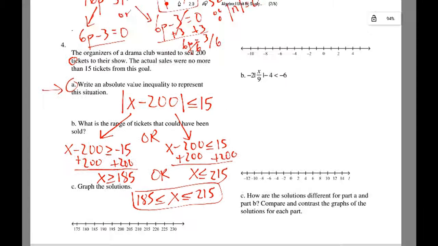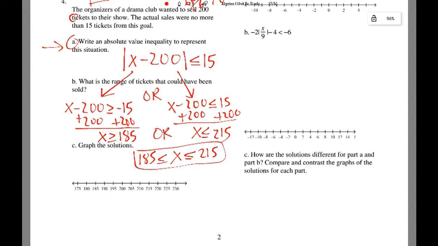Now, if you were to graph it, you have 185. Make sure the point is solid, because there are equal signs here. And then 215 is right here. Make sure it's solid. And if you notice these arrows, for the 185, the arrow is going